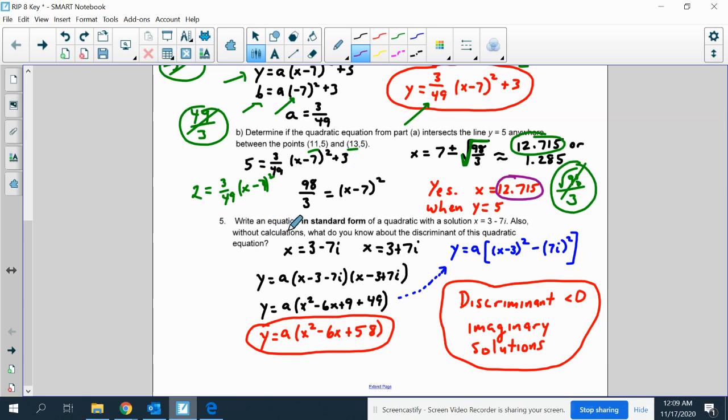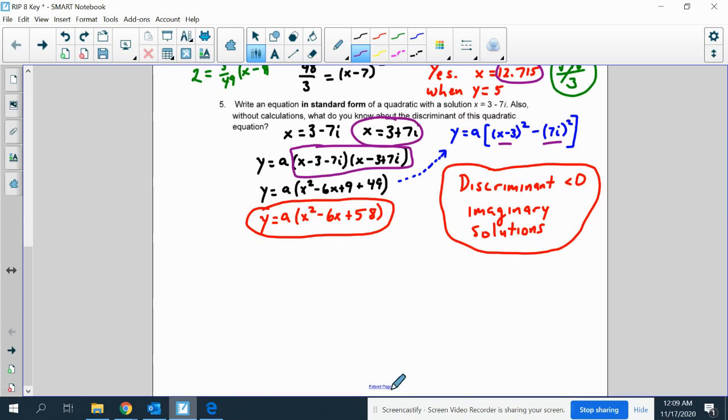Then finally, number 5, write the equation in standard form. You can get x equals 3 minus 7i. That also means 3 plus 7i must be a solution because complex numbers go in pairs. So you can write it in intercept form, and then notice that this is really the difference of 2 squares and simplify that quicker. Or you can do the distributive property on all of this, have 9 things and cancel